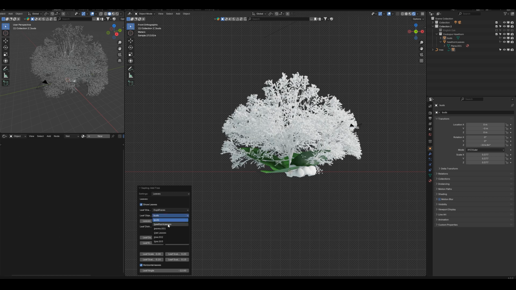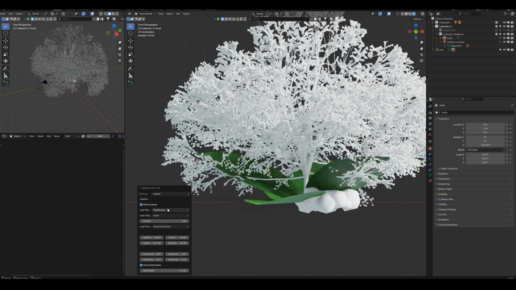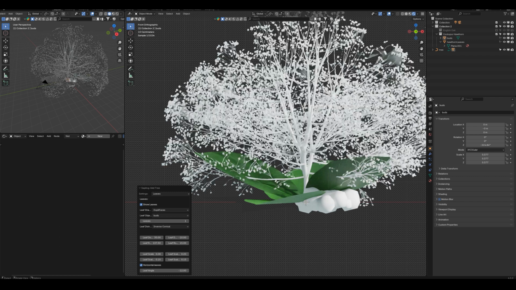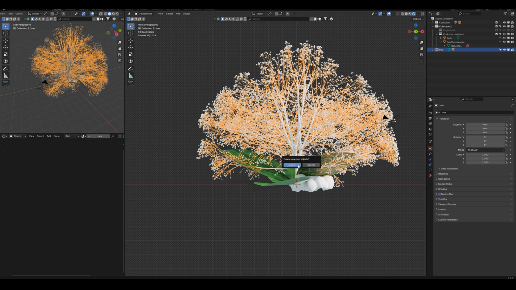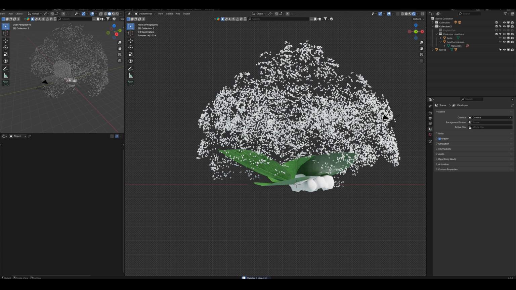The next time I do it, we're going to use the leaves, but I've got the buds. So there's my buds, and I've made the mistake of adding 100. When you're doing the objects, just put that to 1. 100 is the amount of leaves per segment we're going to use, but I only want 1. So that's it. Okay. Once I'm happy with that, I will then delete the tree, leaving these bits, and then